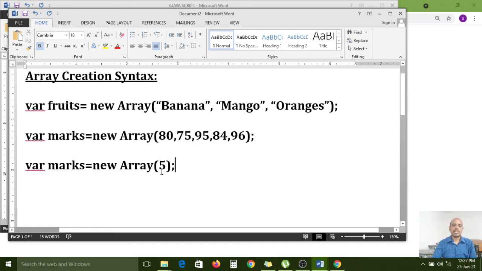It can be treated as a memory size. The marks array can support only 5 elements.